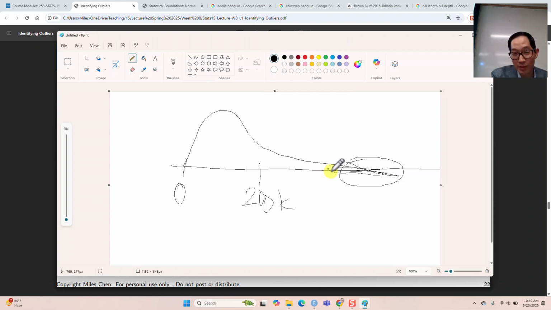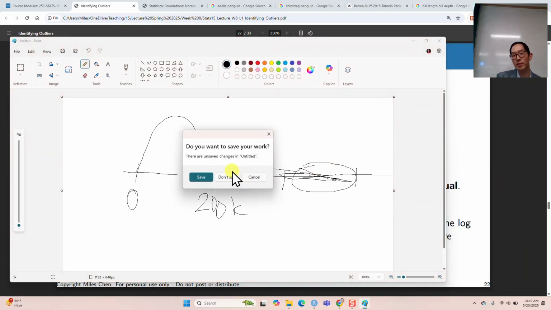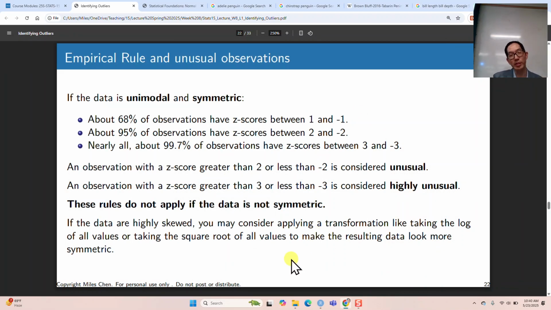If this is the scale, here's 400 and here's 600, and technically 800,000 is out here and 1 million is way over here. This tail is very, very long and goes very far to the right: $1 million, $5 million a year. Some people with sports contracts get 30 million a year and things like that. So you have this very skewed distribution, and if that's the case, then this z-score business doesn't really make sense. Now, if you do have highly skewed data, you can apply a transformation, like you can take the log of every single number, or you can take the square root of every single number, and that might transform your values into something that